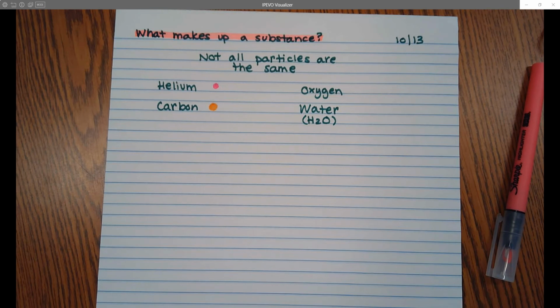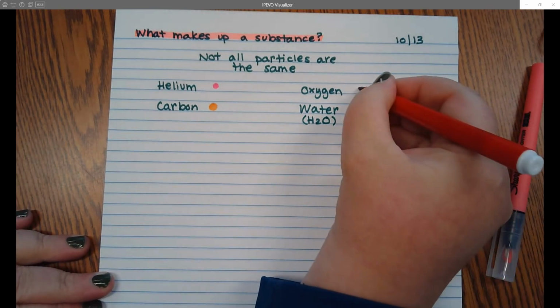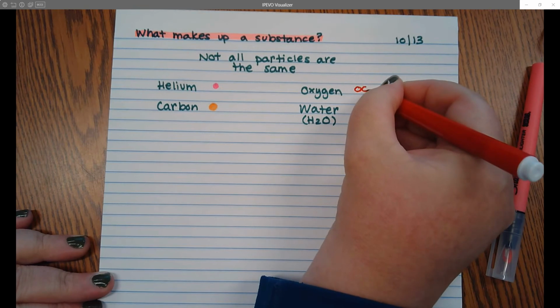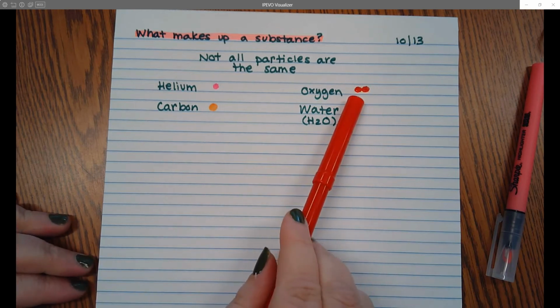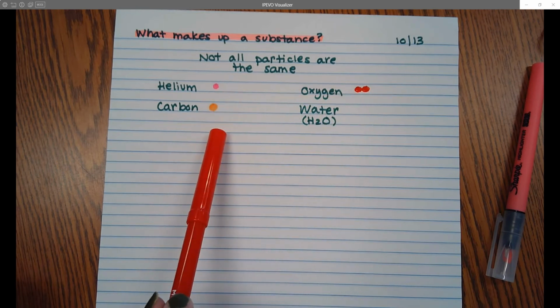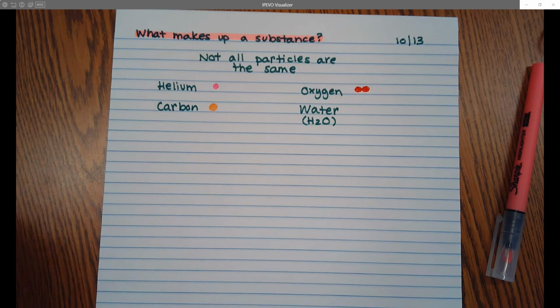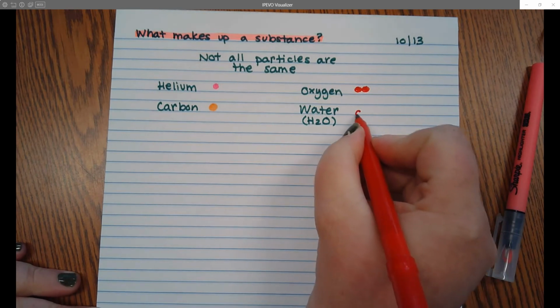Again, if you don't have markers or colored pencils, that's fine. Just try to draw the shapes. Oxygen is what's called a diatomic particle. So when oxygen is by itself, not bonding with anything else, there are actually two oxygen atoms that stick together. Helium is on its own and carbon is on its own, but oxygen is a diatomic particle, so it has two atoms. Then for water, we have one oxygen,